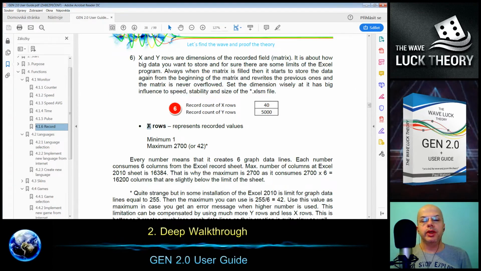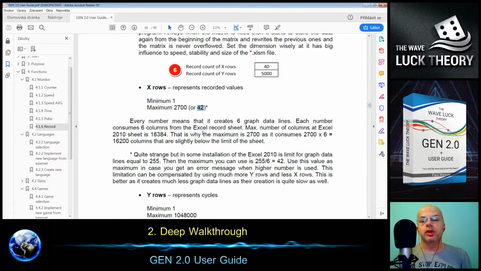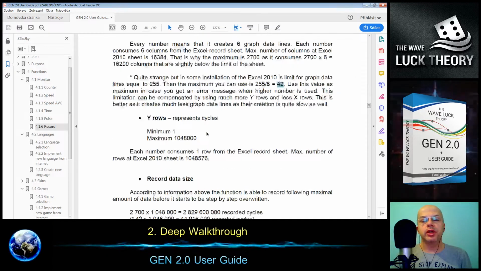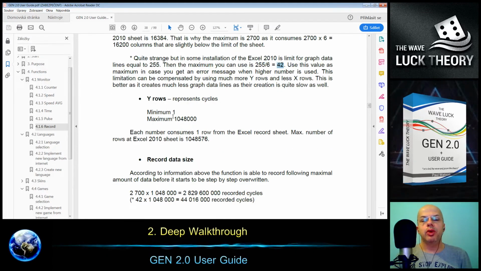For the X row you can have a minimum of 1 and a maximum of 2700, or 42. Excel doesn't allow more than 255 lines, and as I mentioned, it's multiplied by 6, so we can have only 42 as an X coordinate, and for Y it's more than 1 million and at least 1.